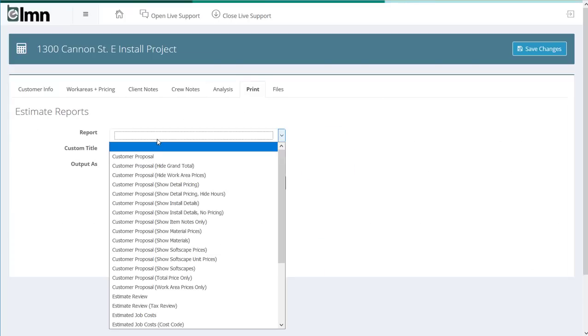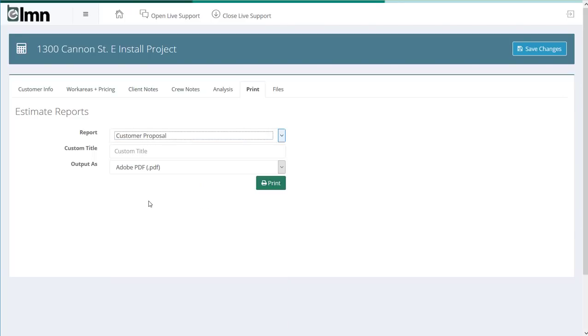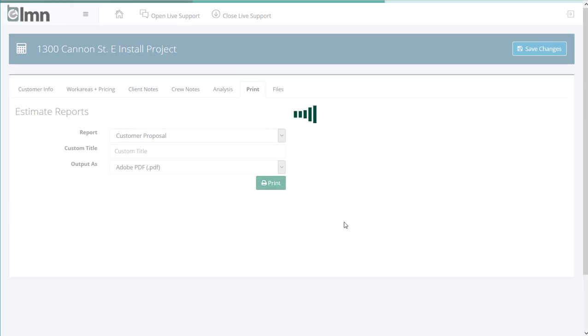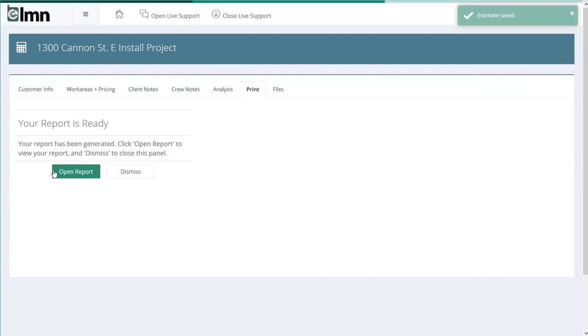There's lots of different proposal layouts that show more or less information, depending on how you like to present information to a client. I'm just going to use our default, which is the customer proposal. We're going to output it as a PDF, so we'll hit print. And what's going to happen now, this estimate that we just built is going to come out as a PDF